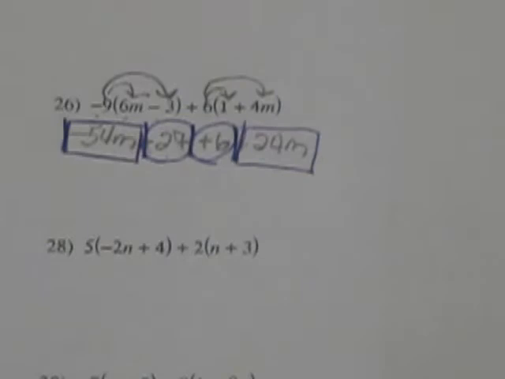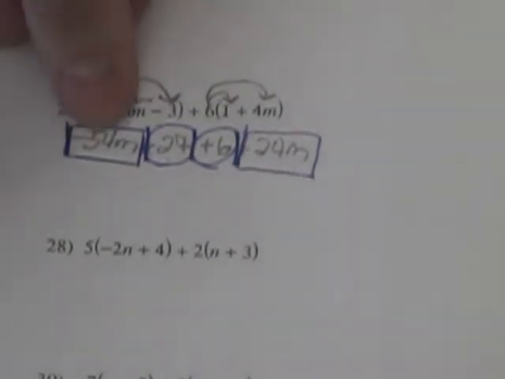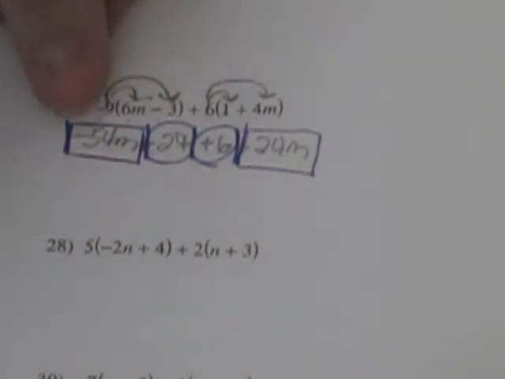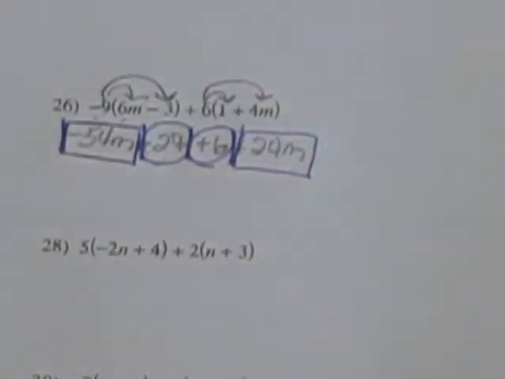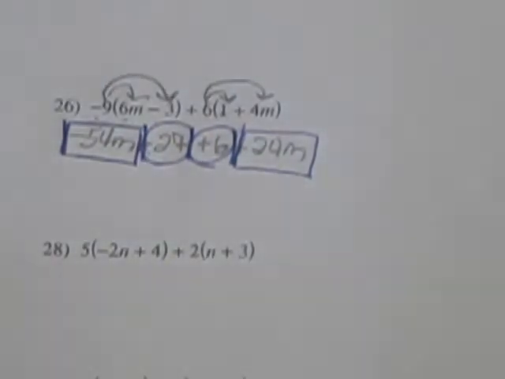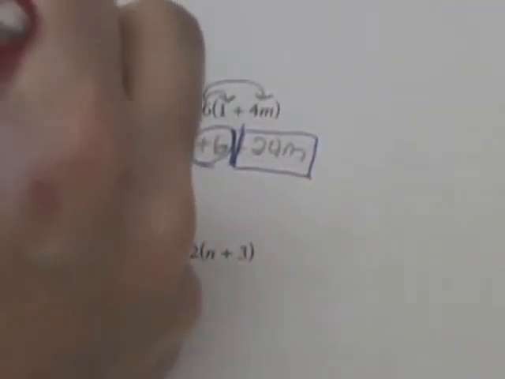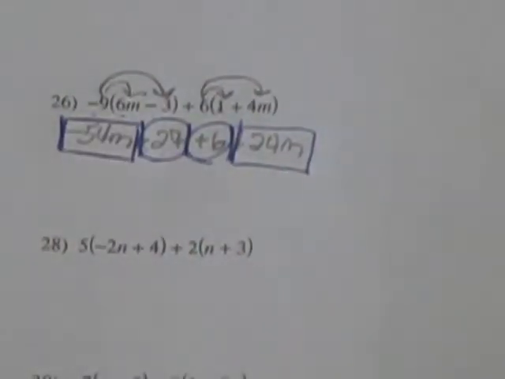You can use a calculator to help you. If you're going to use a calculator with the m's, don't put the variable in the calculator, just put the numbers. Negative 54 plus 24. If you have negative 54 plus 24, you're actually going to end up subtracting your numbers. So then we have 30, and it'll be negative because 54 is bigger than 24. So I have negative 30, so we've got negative 30m